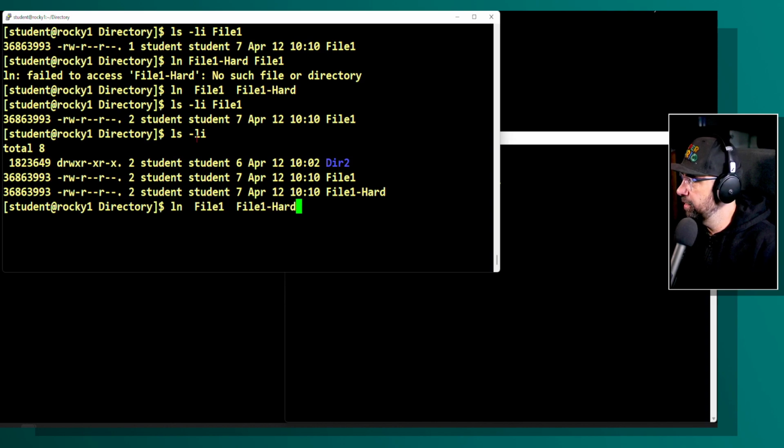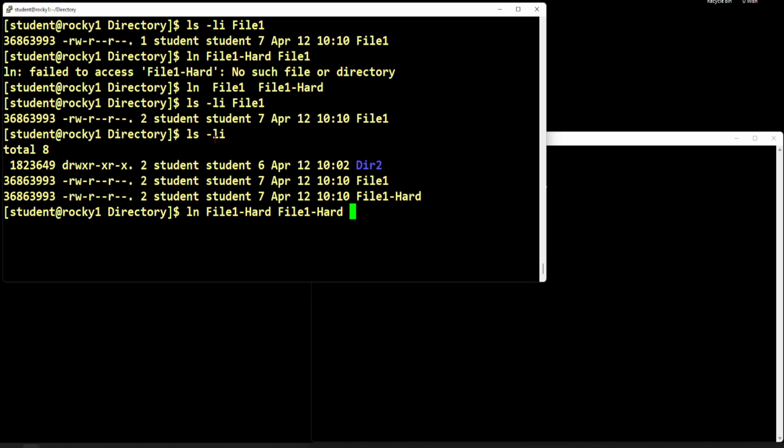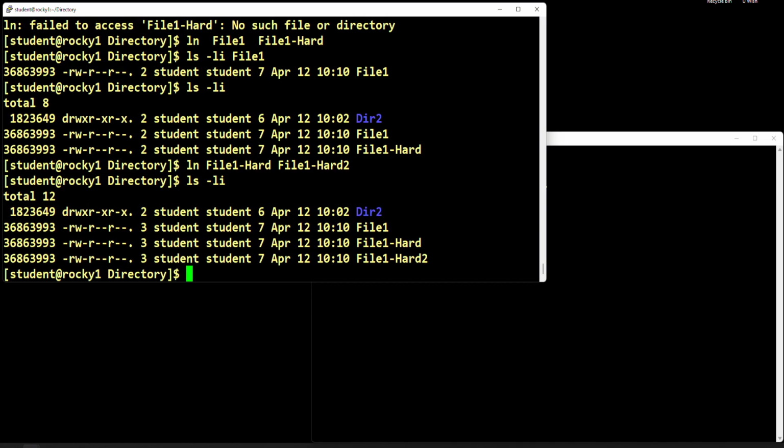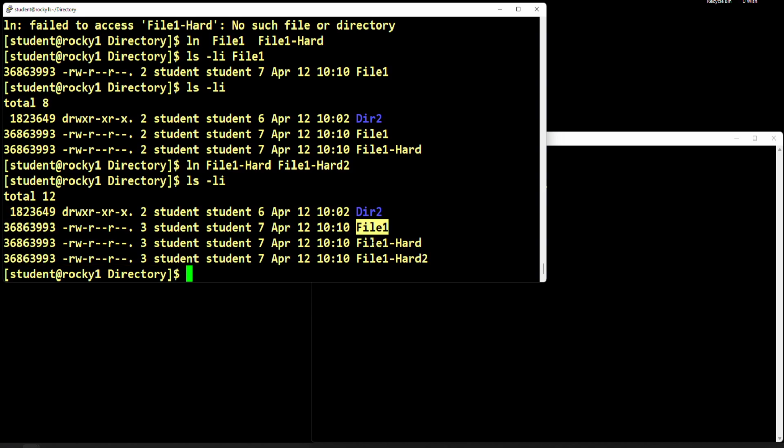Now, let's try this again. Let's do this the other way around now, and let's call it file hard 2. If I go back to this option, as you can see, all three are the same file, but they have different names. Which means that if I change one,